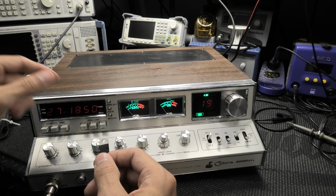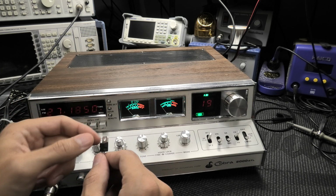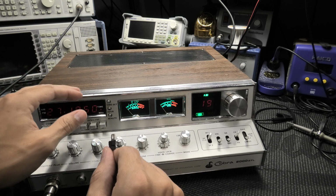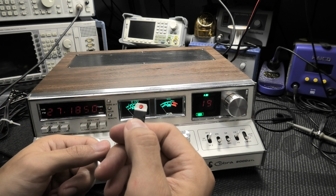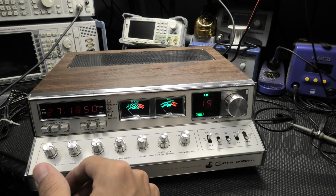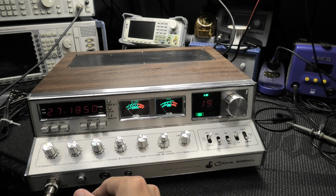Punch a hole in there, get yourself a little insulator, get some heatsink compound, boom, screw and a nut, mount this sucker, let the heatsink wick all the heat away off of it. Plus the resistor I used that looks just like this was rated at 20 watts. It's a 20 watt resistor, which normally if you're going to use a 20 watt resistor, you'd be looking at something like a sand resistor or a